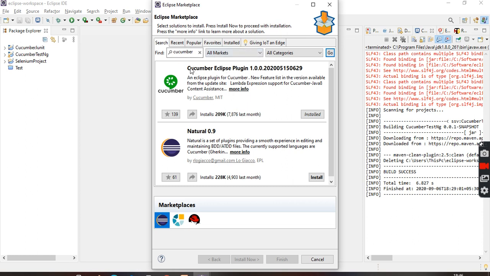You see here Cucumber Eclipse plugin 1.0 something, it is coming, right? It is already installed, that is why it is showing installed. If it is not installed on your Eclipse, this kind of button will be displayed here. Just click it, next, accept the conditions and restart the Eclipse. So this is the way.